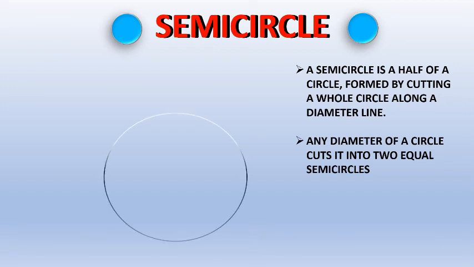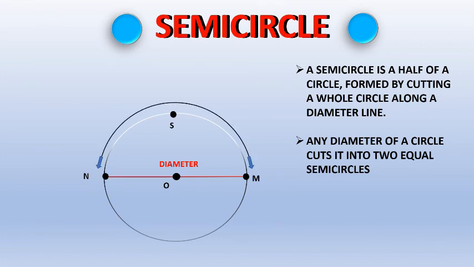This is a circle which has a center O. If I draw a line segment OM, this is the radius of the circle. Now if I draw another radius which is just opposite to OM as ON, so you know NM is a line segment which is passing through the center O, so this is called the diameter of the circle. So this diameter divides it into two equal halves. So this side of the circle is called a semicircle, and another side of the circle is called another half, or you can say another semicircle of this circle.